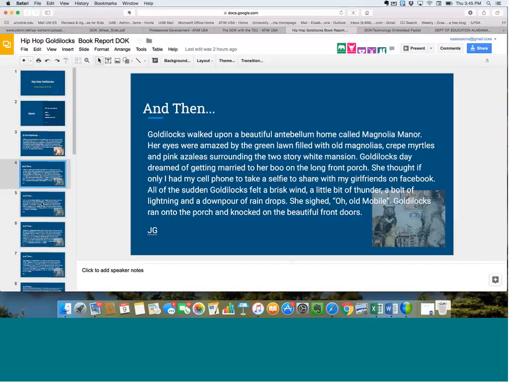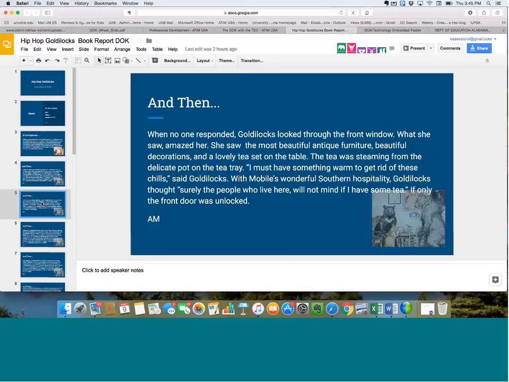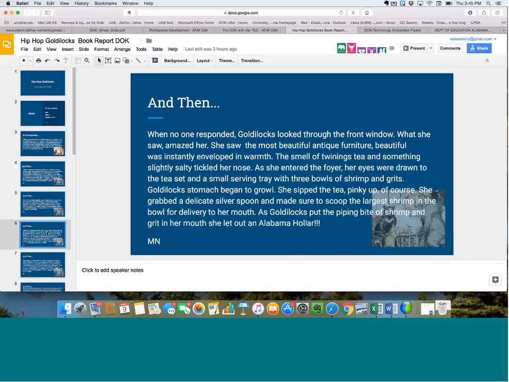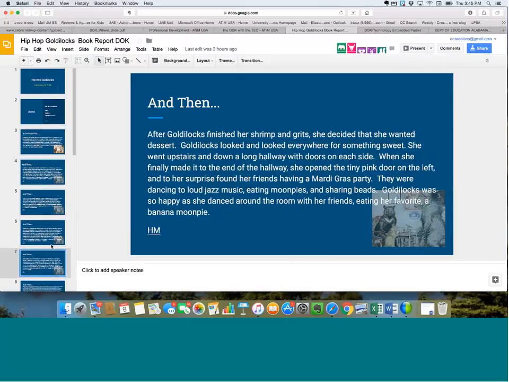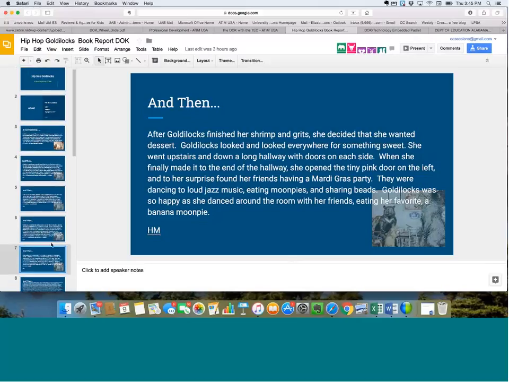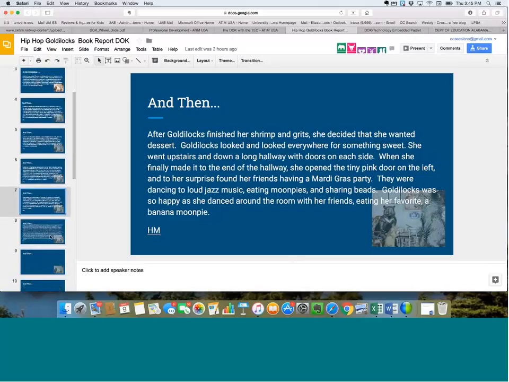Now, you can look at this later, but as each person filled out her slide or his slide, I see she had shrimp and grits, and then she wanted some dessert, and she ended up at a Mardi Gras ball or a party. And then at the end, after they filled out all of the slides, and we're still working on this, the students came in and either chose to do the setting, the characters, the conflict,